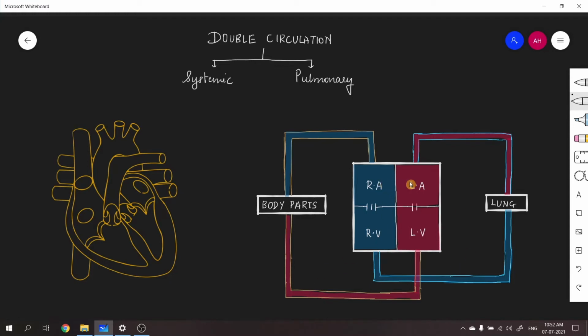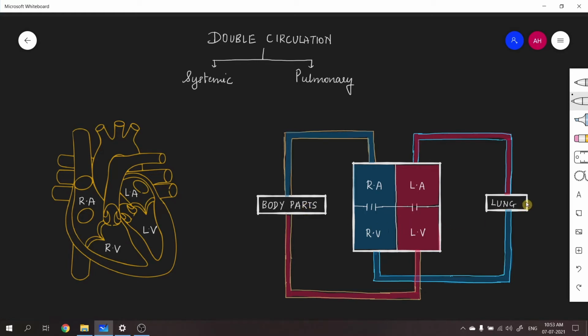All right. So here I've already labeled the four chambers of the heart. The upper chambers are the atria, the two lower chambers are the ventricles. Let us label the same chambers over here also so that it will be easier for you all to relate. So this is the right atrium, this is the left atrium, this is the right ventricle, and this is the left ventricle. All right, the four chambers of the heart. Now let us look at the two types of circulations included. Here, as you can see, the blood flows through the lungs as well as the body parts.